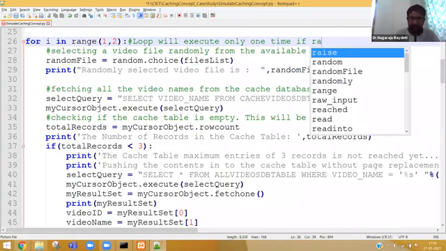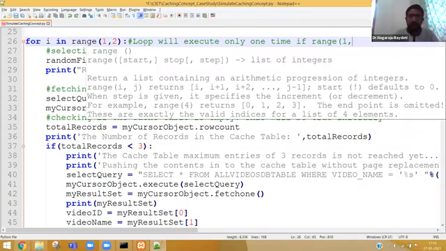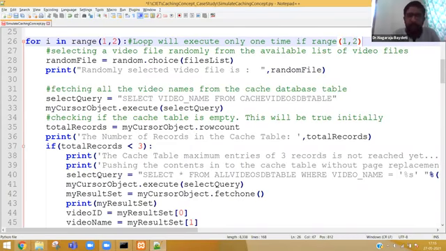Sir, why write a loop which executes only one time? There is no point. First of all, I wrote it here because I don't want to execute the loop 10 times so that you will not know what is happening in the background. A file will be selected, a file will be deleted, a file will be selected. So for explaining the program, I purposefully mentioned range 1, 2.